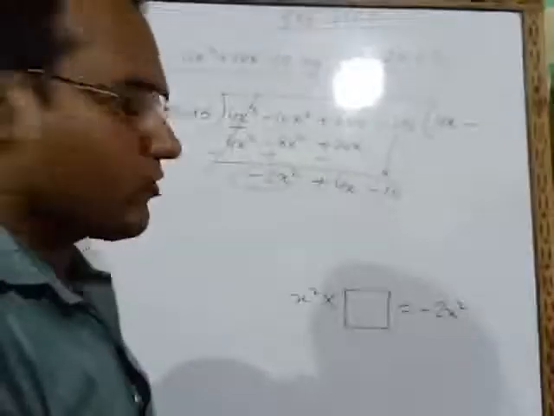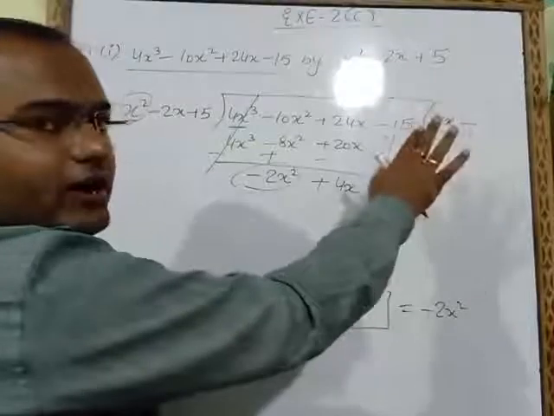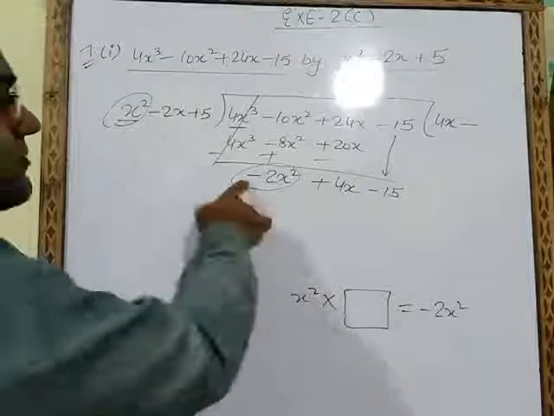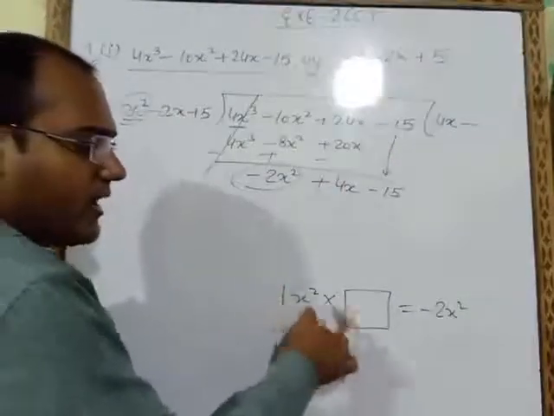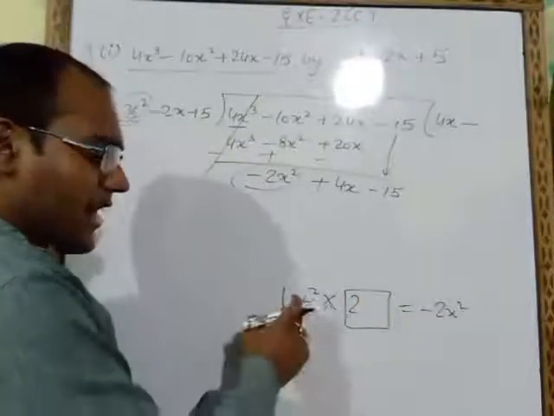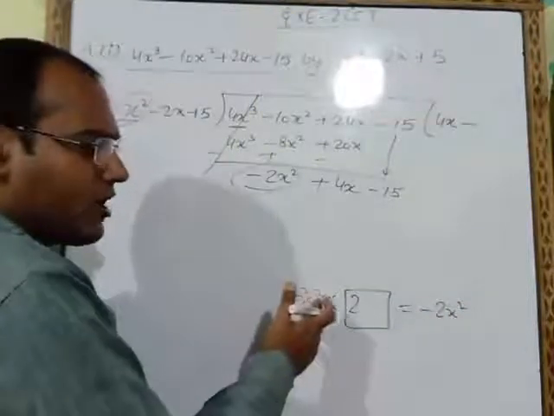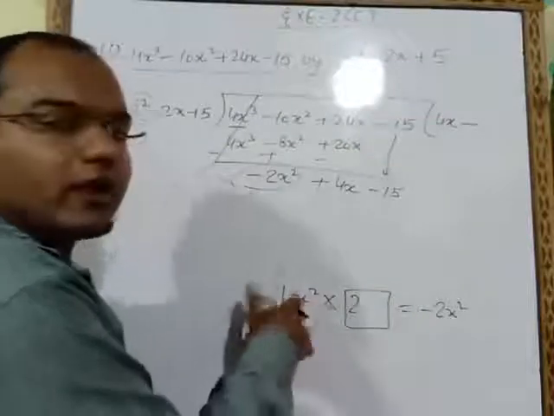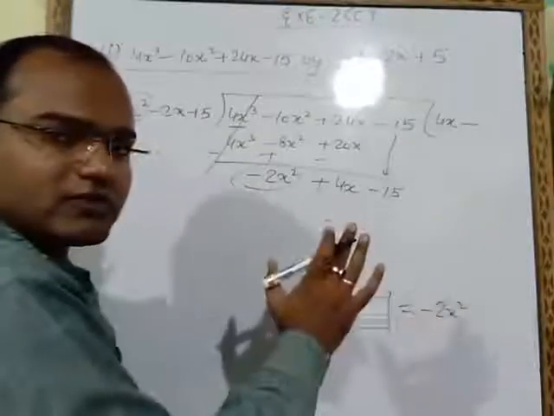So first of all what you have to do, we will make the sign. This is plus sign. Sorry, sign I had already explained to you. This is plus and this is minus. Plus minus minus. Now we will make the number. This is 1. 1 multiply 2 if we do, 1 2s are 2 we will get. Now x square and here it is x square. So x square multiply nothing we will take here. Why we will not take anything? Because x square we are already having here. So 1x square multiply 2 when we do, then we will get 2x square.